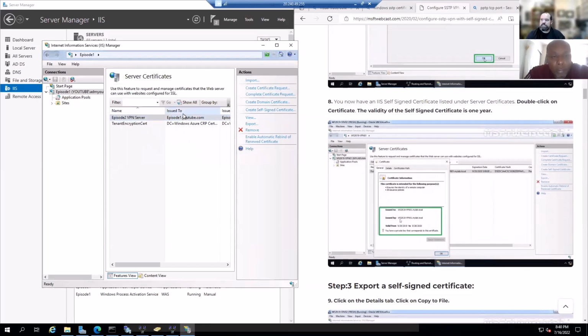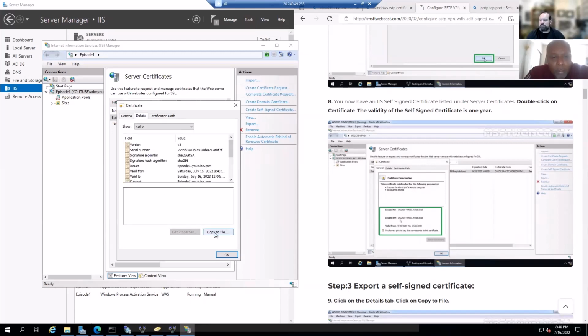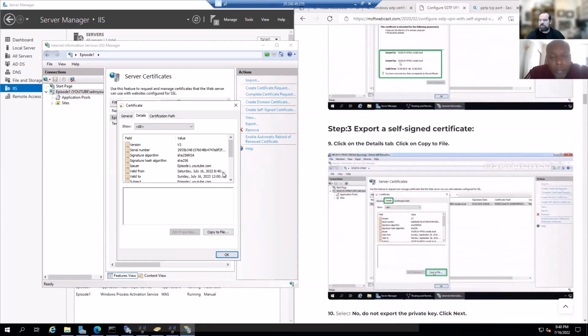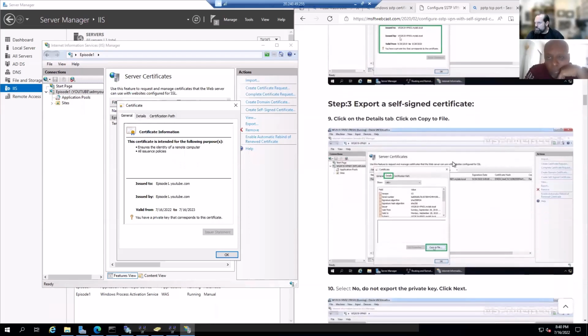Now, notice it says the issued to is episode1.youtube.com. That's what the CN name is, and that's kind of what we were missing before. The other certificate didn't have the name of the server in the certificate, right? Oh, okay. So then we just have to add that to it. Exactly. So now export the self-signed cert,